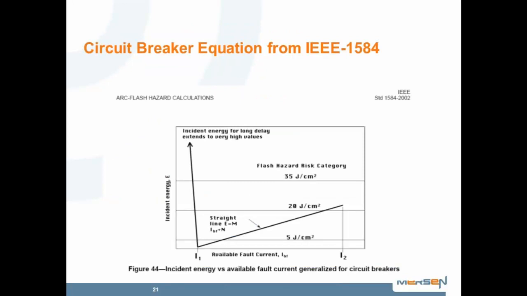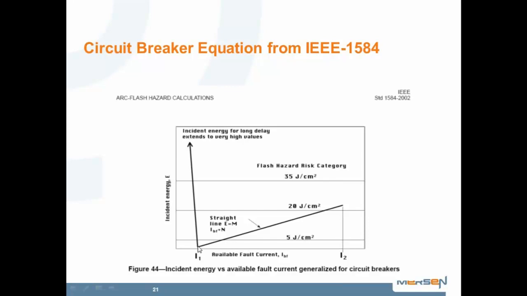This is the circuit breaker equation from IEEE 1584. Notice it has the same shape on the left here. This is indicative of the instantaneous trip. If you have enough current to have the instantaneous trip, it goes down to a low value. Typically it would be 10 times, 12 times the full load rating of the circuit breaker. But contrary to the fuse characteristic,